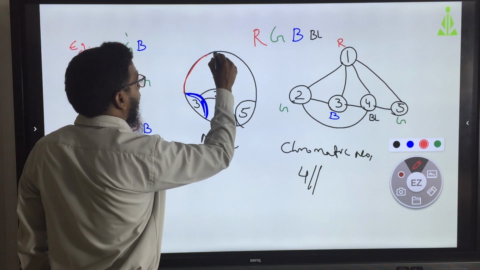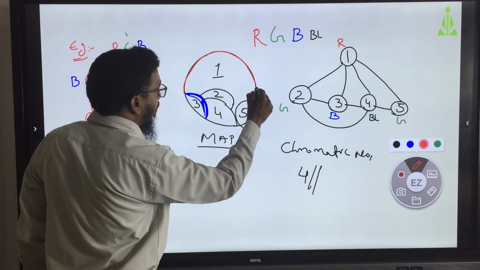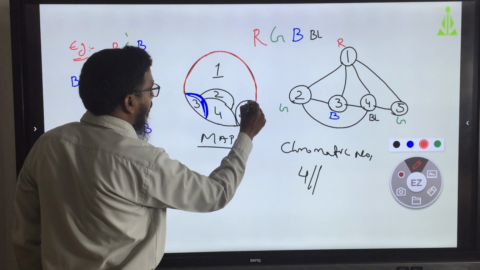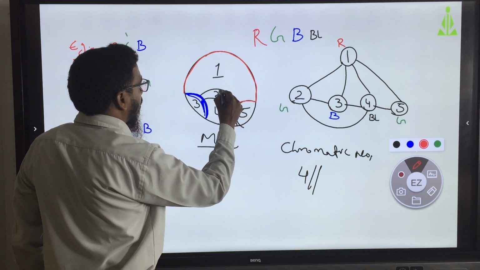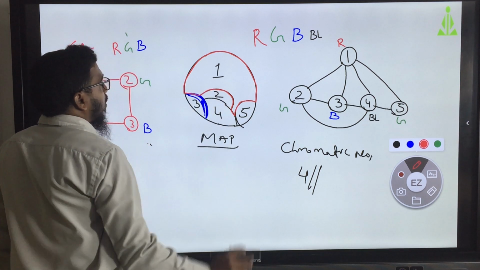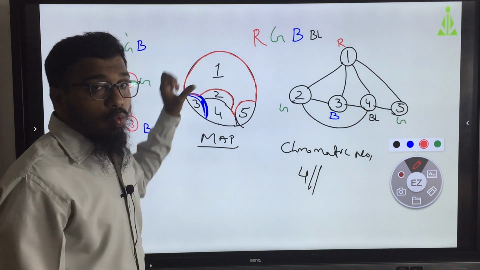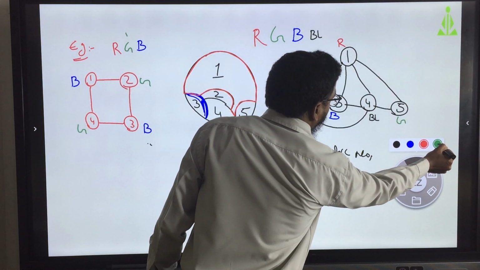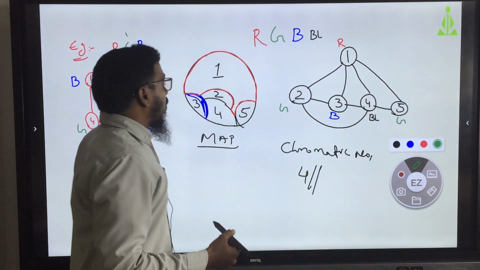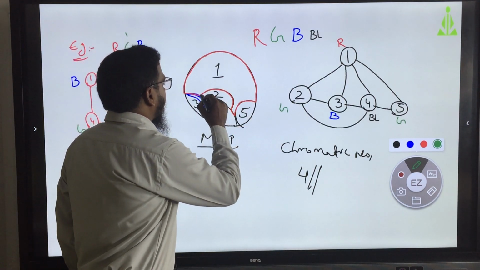So, I will do one thing. I will make a border. Okay. So, this is 1. Next, what is green? What is green? Second.